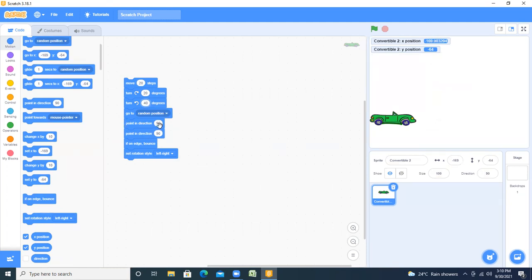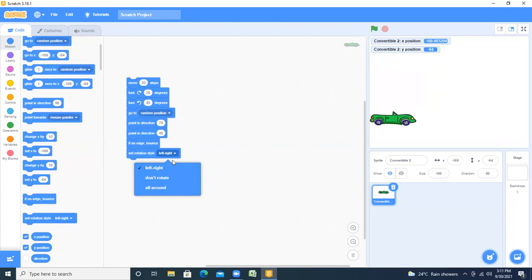Then point in direction, suppose I'm writing 70. No problem. Then point in direction, I'm writing 45. Now left and right, all around. It rotates all around, not left, not right. The options are left-right, don't rotate, or all around.